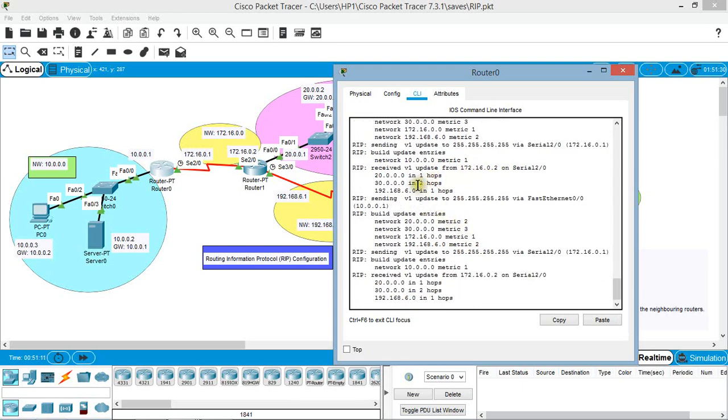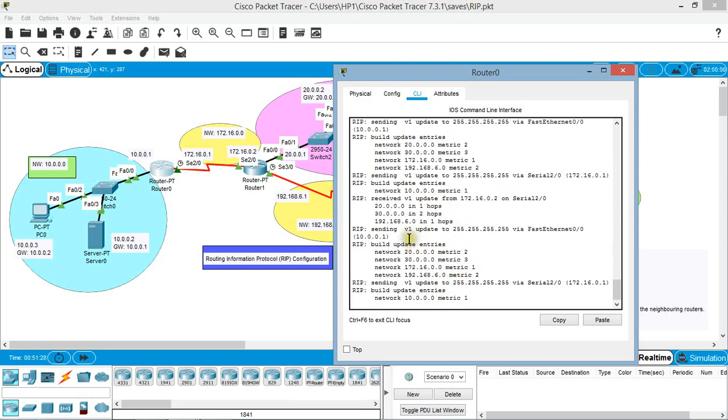Router 1 tells this router 0 that it can reach 20 dot network via a hop of 1, it can reach 30 dot network with a hop of 2, it can reach 192 dot network with a hop count of 1. So depending on this information, this router 0 updates its routing table, and it builds the entries like it can reach 20 dot network with a metric 2, 30 dot network with a metric 3, 172 dot network with a metric 1, and 192 dot network with a metric 2.